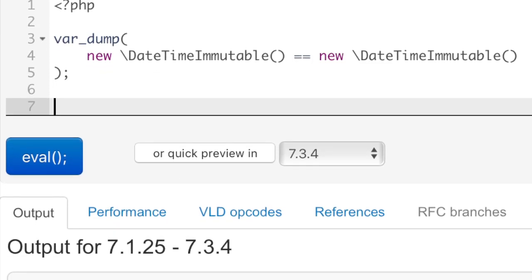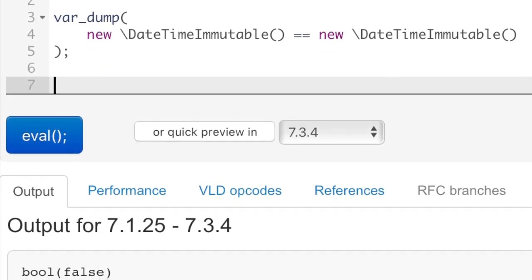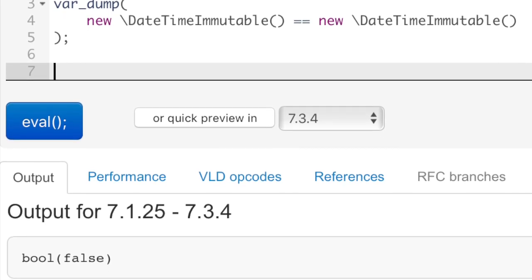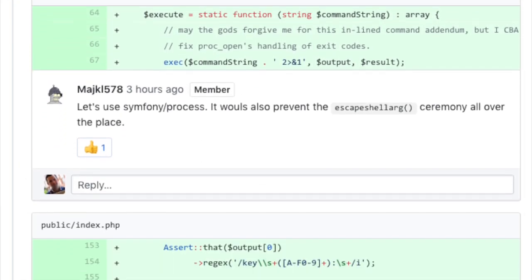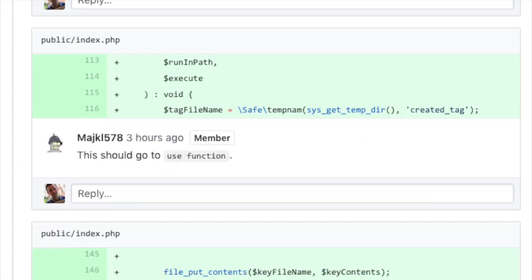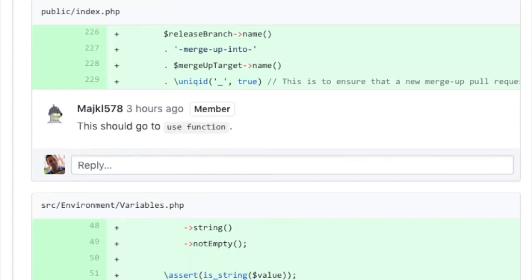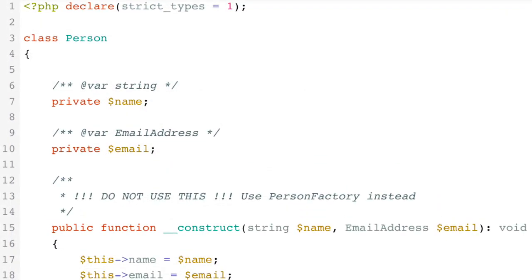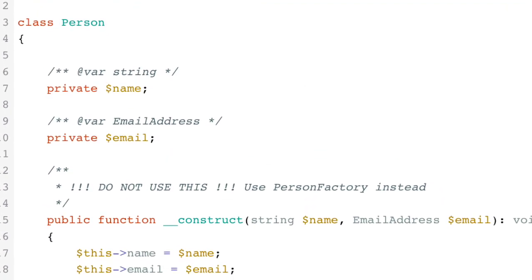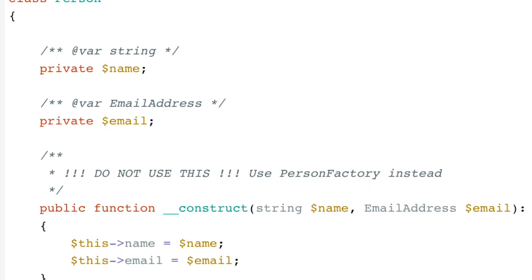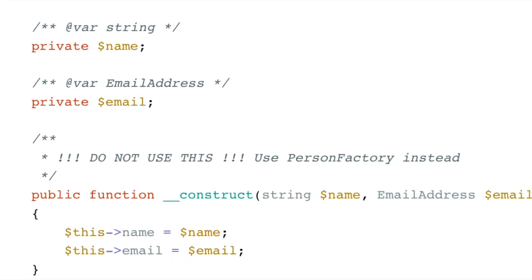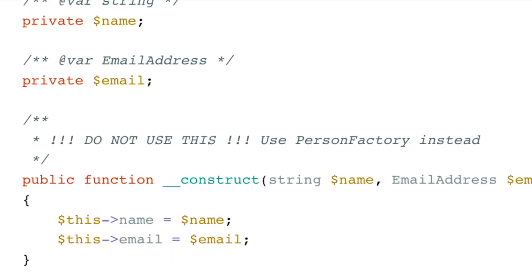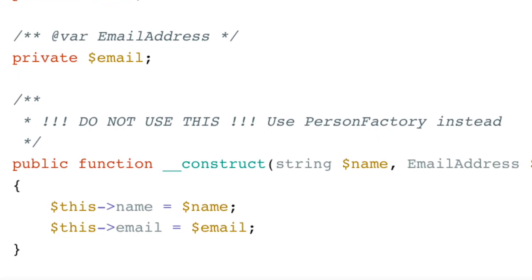You can also implement rules that are specific to your company's codebase. If you find yourself doing the same mistakes over and over again in code review, and these mistakes can be prevented with static analysis, you can save yourself time by implementing them as PHPStan rules. One such example might be an object that's not supposed to be created with new operator directly, but instead through a specialized factory class. While this cannot be achieved with PHP itself, you can easily write a PHPStan rule that